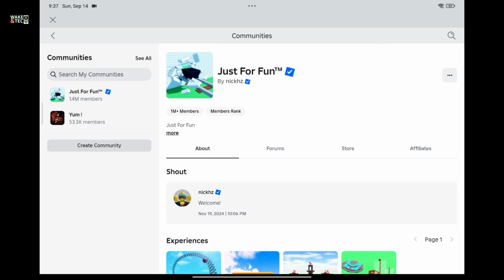So that's how you can easily join a group on Roblox on your device, whether you are using tablets